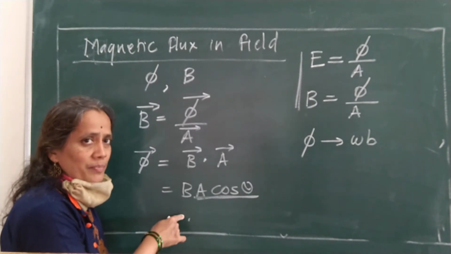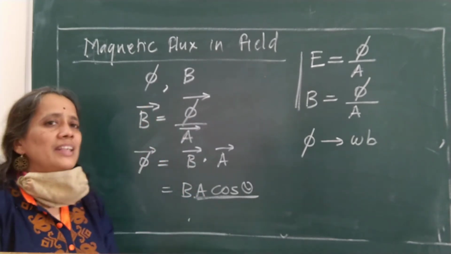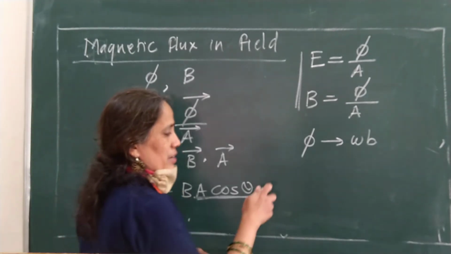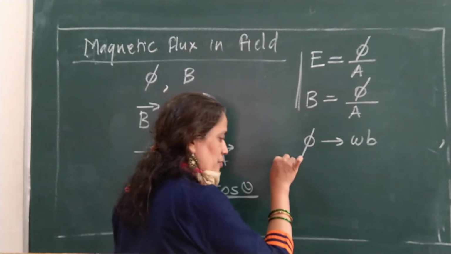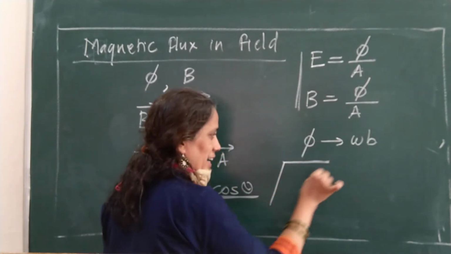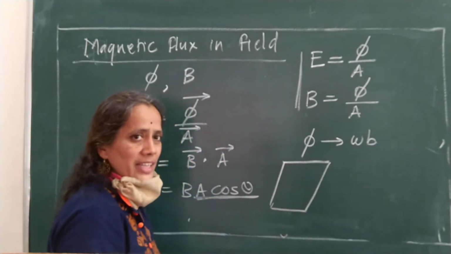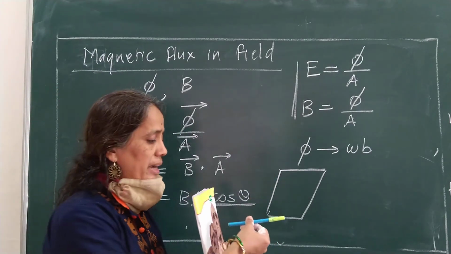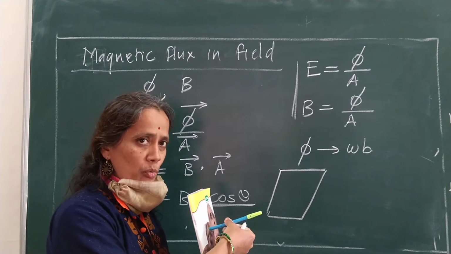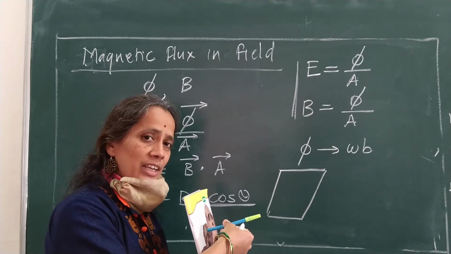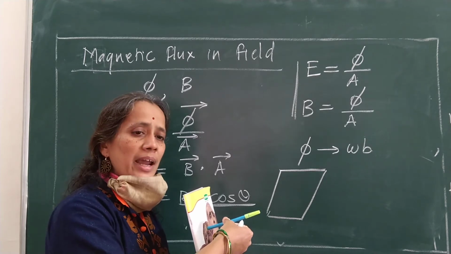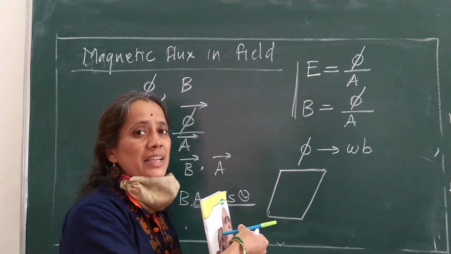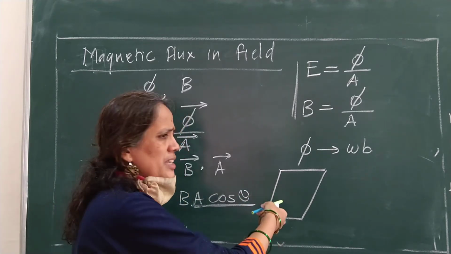So if you are remembering, in the 12th standard we started the first topic as electrostatics. In that first lecture you have seen such a type of PPT that considered a certain surface area. The perpendicular component of surface area is shown by this blue color pen. And if the direction of electric field is also parallel to the perpendicular component of the area vector, then there will be maximum electric flux. Right? Same concept is here.